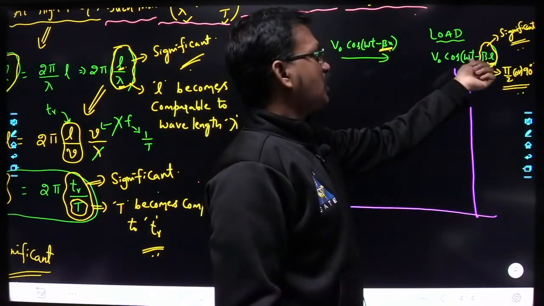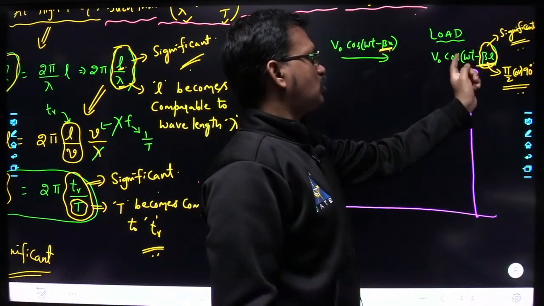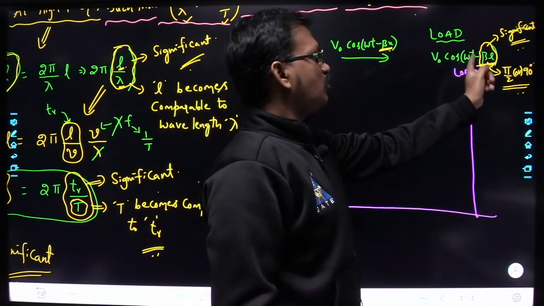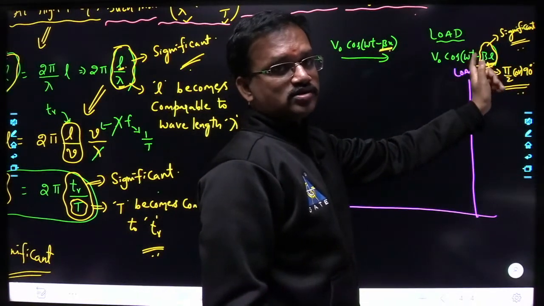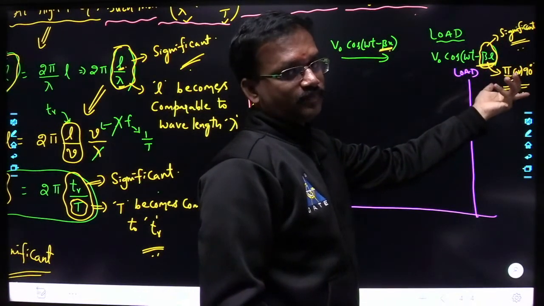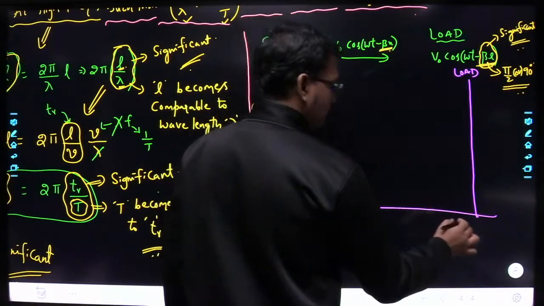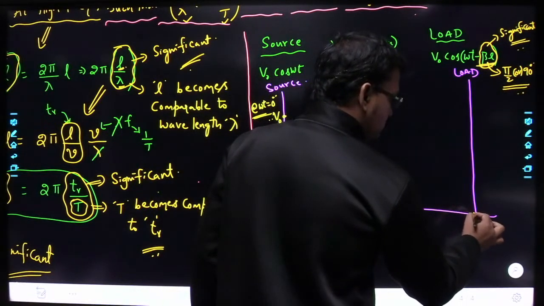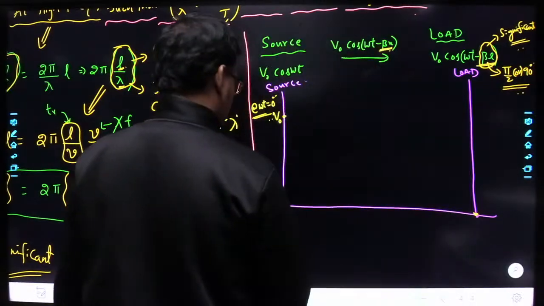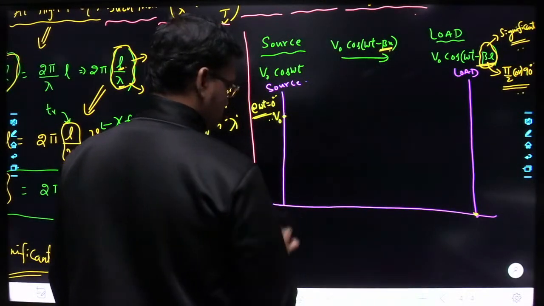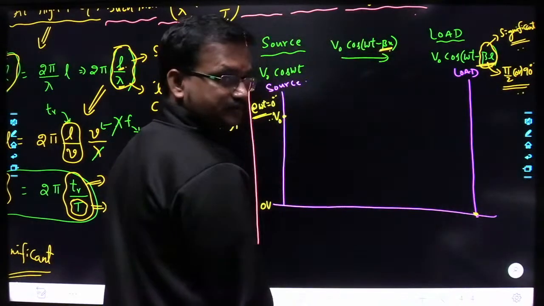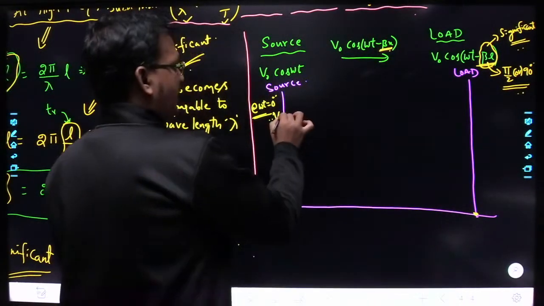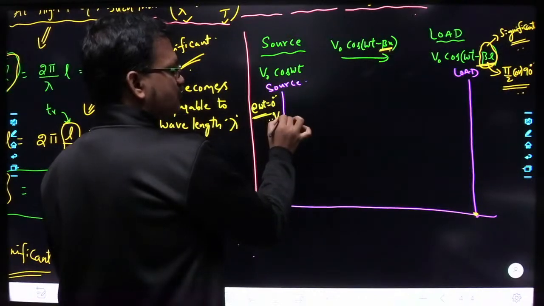Now at omega t equal to 0, what are you going to have? Cos of 0 minus 90, so cos of minus 90. Cos of minus 90 is how much here? 0. Yes or no? So the load will be at a value of 0 volts. Understood? So at the source the value of the voltage will be V naught,